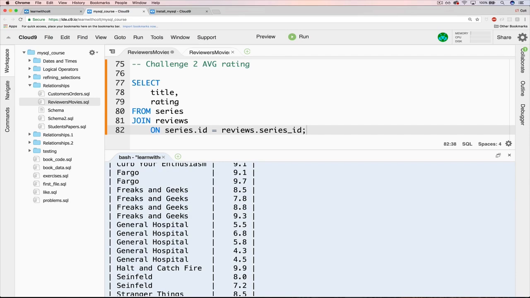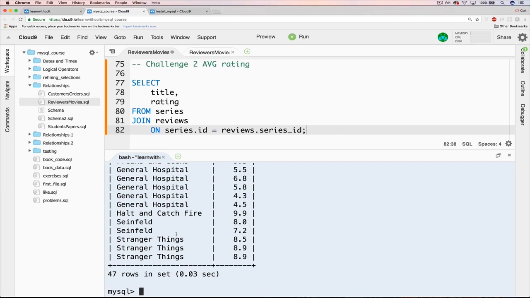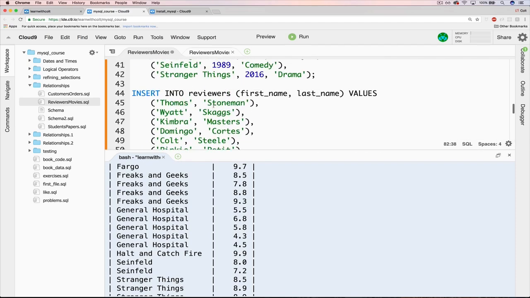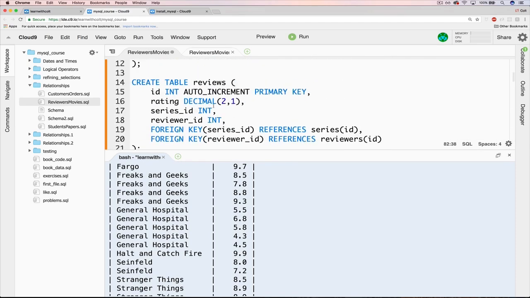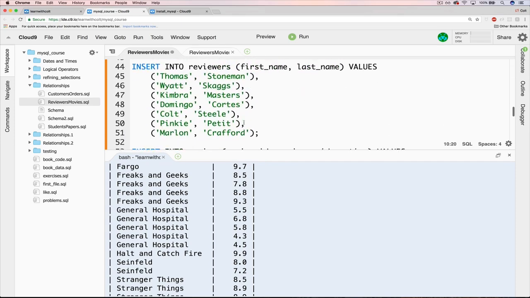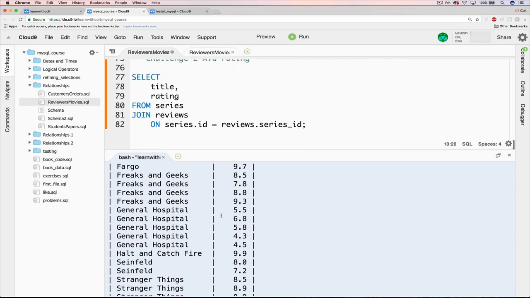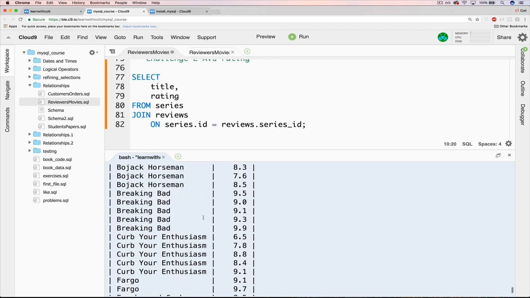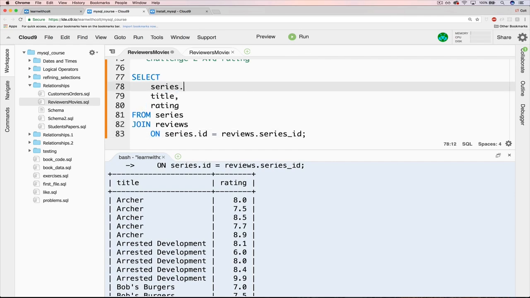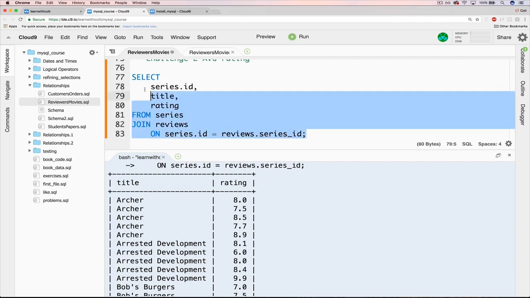I'm trying to think of examples, where there is an older show that's been remade more recently, but basically it's best to not have to worry about that because we're not enforcing that the name of the show is unique. If we go to series, the only thing that has to be unique is ID. So it's much better to group based off of that ID. And of course it's here. We're not seeing it printed out, but we can easily see it if we just add in series.id. So now if we run this,